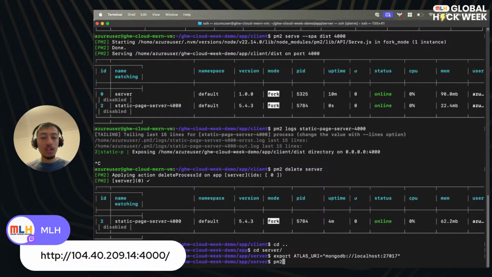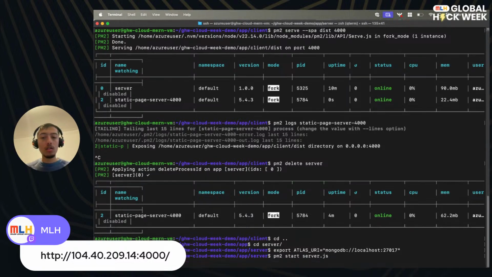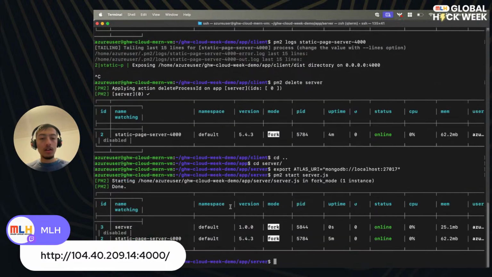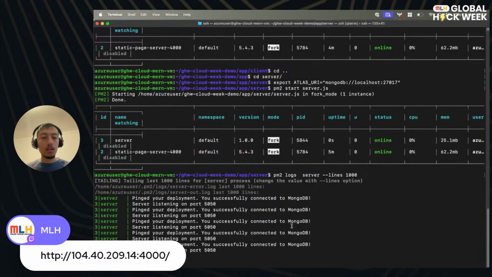And then that should be it, right? So I'm going to do pm2 start, and then I need to provide the main entry point of the application. Yep, the server is there. And now let me check the logs, pm2 logs server. And then let us do lines 1000. Yep,